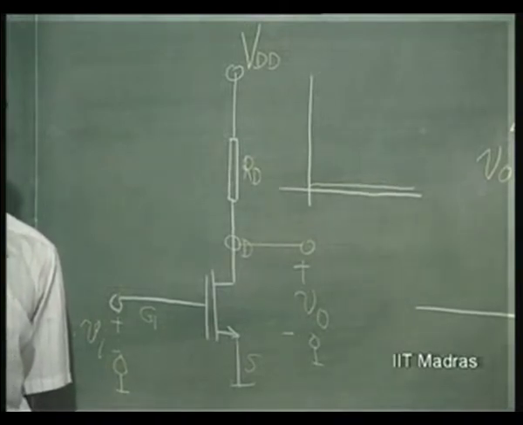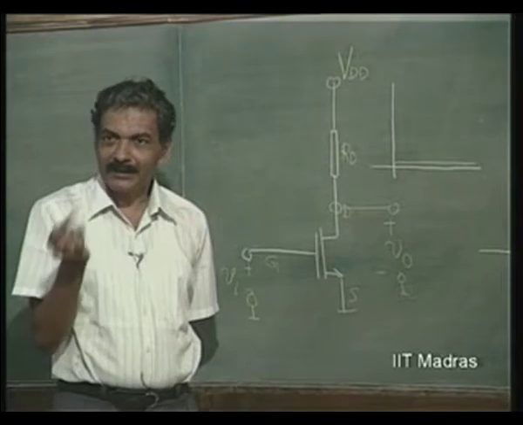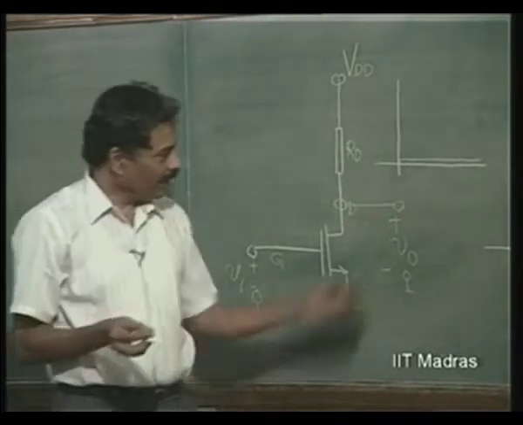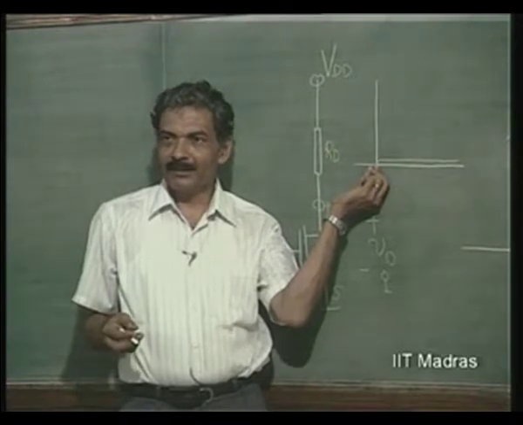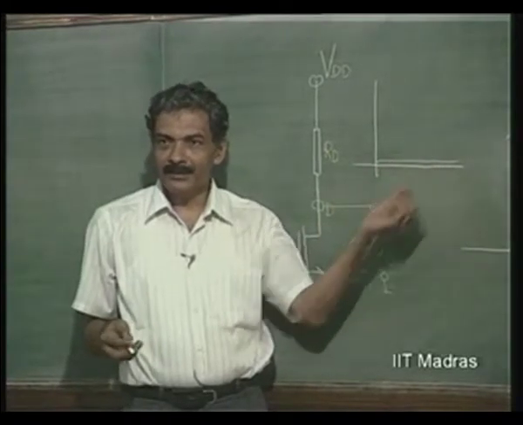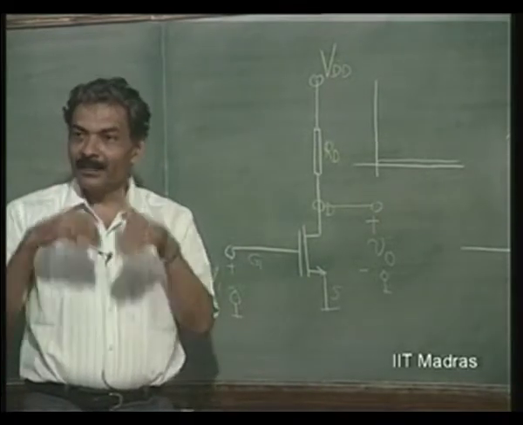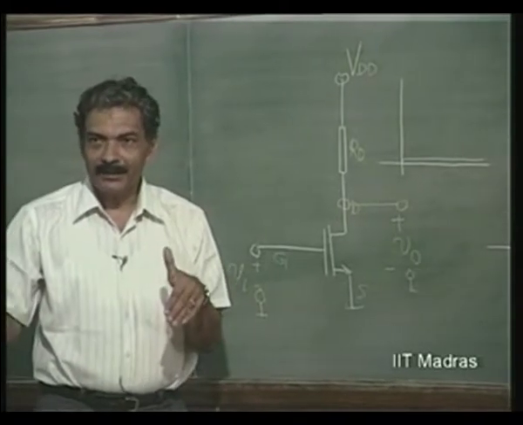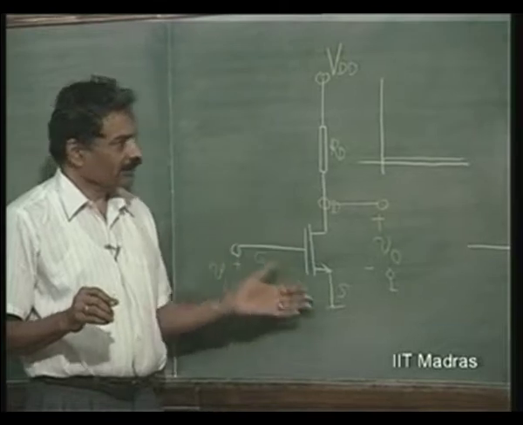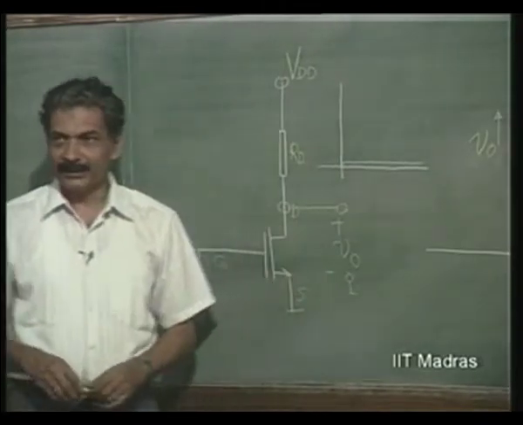the point at which current saturation region is reached is Vds equal to Vi minus Vt itself, which is very nearly 0. That means at the origin itself, it would have gone to current saturation region. That means when the low current is there, even when there is a very low voltage Vds, it would have reached the current saturation region. This is important. So first it starts off with current saturation region,